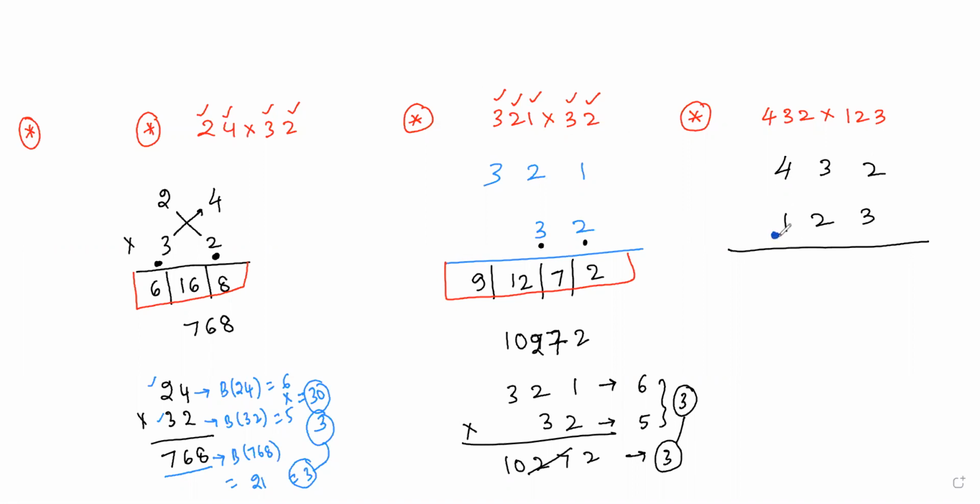So it is my selected digit. Focus on it. 1 is now moving to 4. 4 I got. Now 1 is moving to 3. So 3 and 8, that is 11. Now my 1 is moving to 2. So these are the pair now. Before digit and after digit are multiplied. So 2 times 6 is 12, plus 8 is 20.